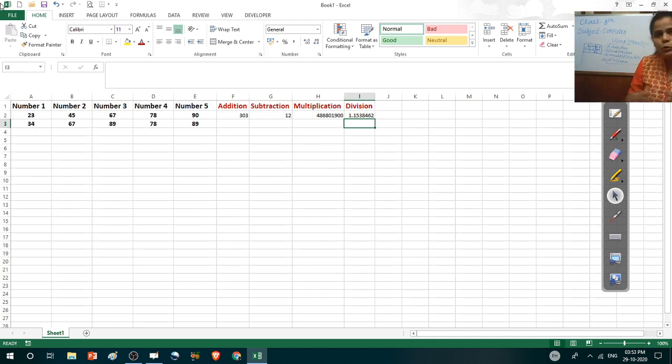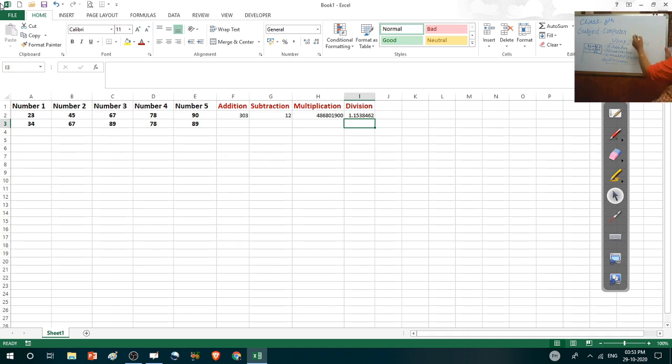In this way you can use the operators: for addition use the plus symbol, for subtraction the minus symbol, for multiplication the asterisk symbol, and for division the slash.